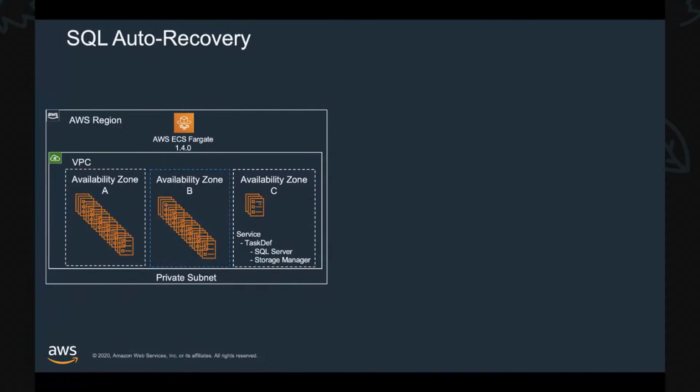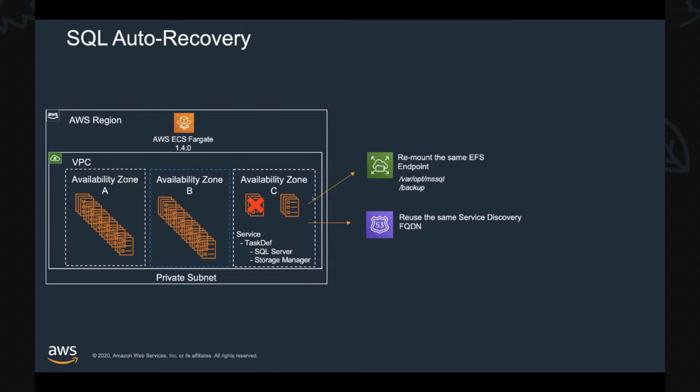No, since if the container dies, Fargate automatically triggers another container, creates another container. And since the data is on EFS, the solution automatically remounts to EFS. Again, you will have this data path and the backup path attached, injected to the container. And also your new name is again registered to service discovery, and you will assign a new FQDN with this one.